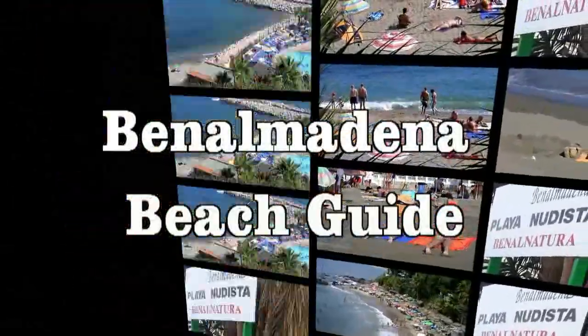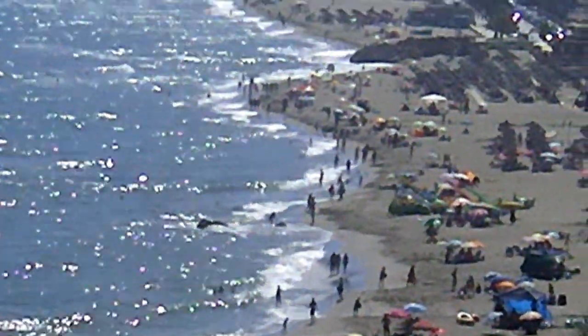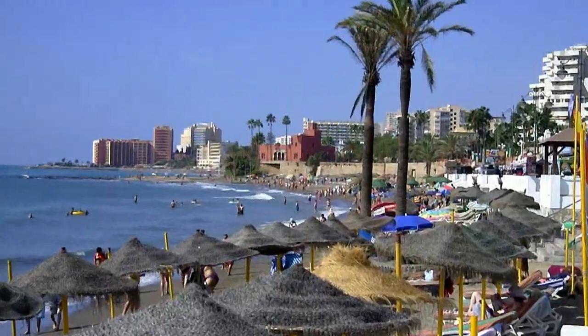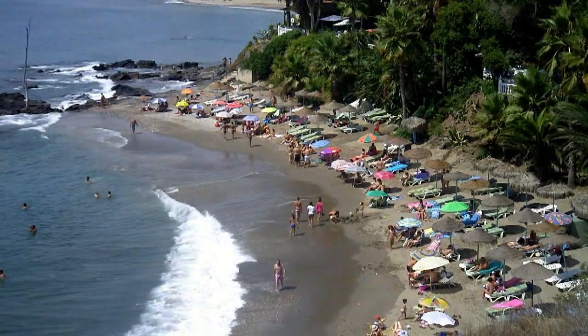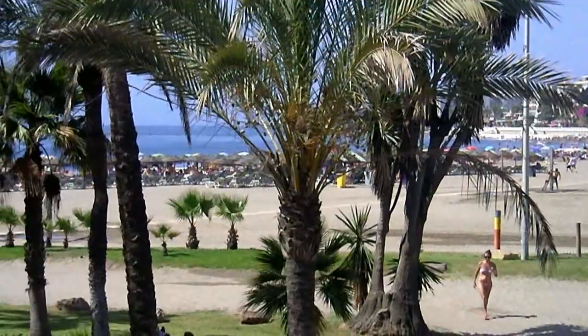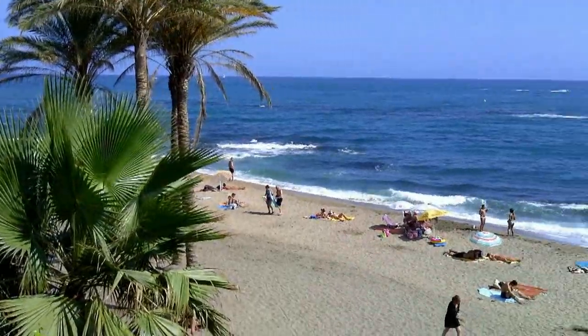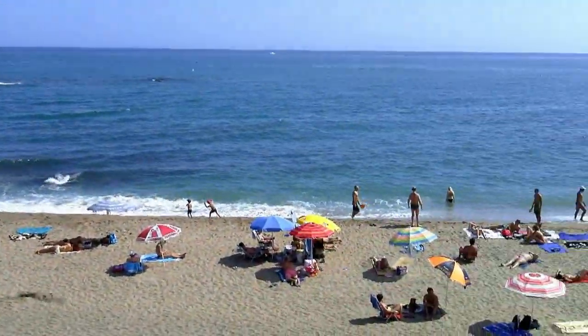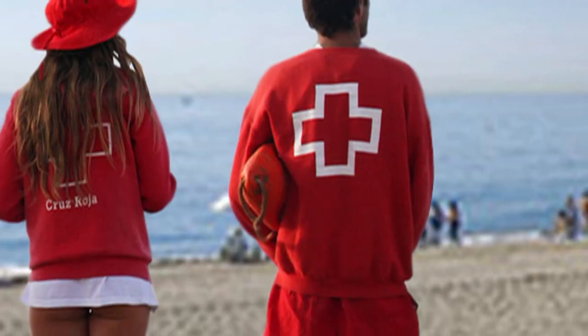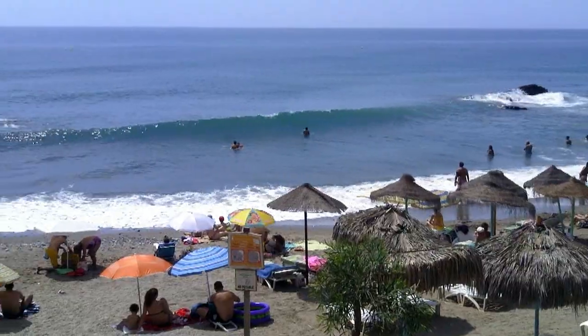Benalmadena Beach Guide. With over 5 miles, nearly 9 kilometers of coastline, and 15 beautiful beaches, which one will you choose? This video guide to the beaches of Benalmadena will take you from secluded coves to promenade-backed stretches of wide sandy beaches. It also tells you about the facilities of each beach, including bars, restaurants, showers, lifeguards, water sports, waves,